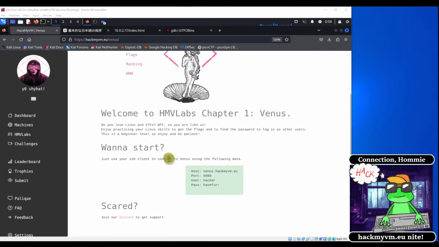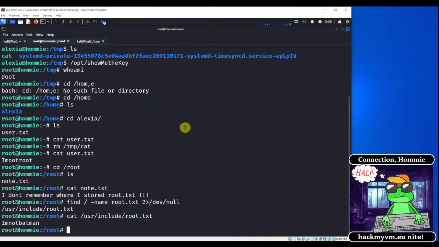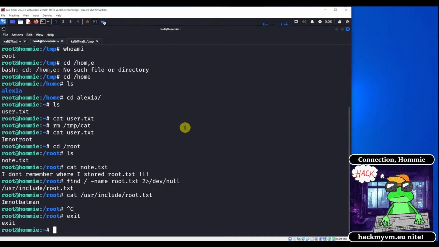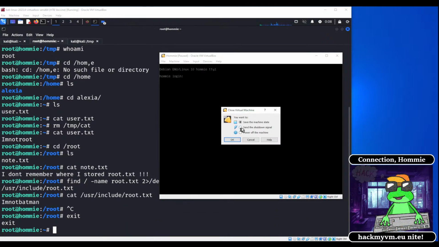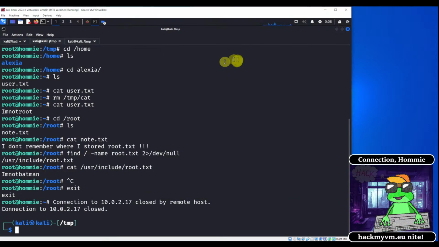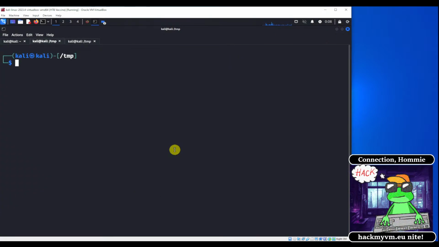Okay, so what we need to do is we need to connect to the server using SSH. So first of all, I'm going to exit out of here. What I'm going to do is I'm going to shut down my virtual machine. So this is the Hommie virtual machine. We need to shut this down. Okay, then we're going to clear, and from here we're going to log into the CTF. So the CTF game is going to be SSH, and then the last level we did was the